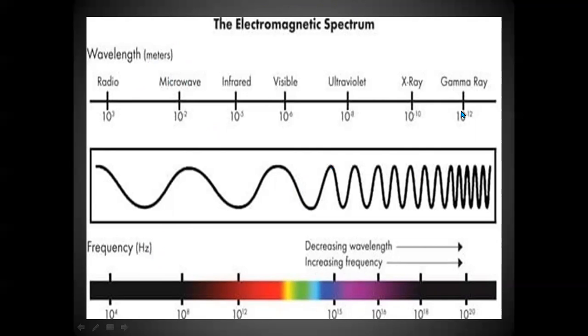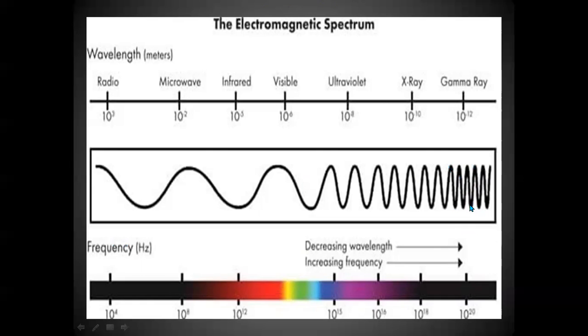So the frequency of gamma rays is very high, whereas the wavelength is very small. The magnitude of the wavelength of gamma rays is very, very small, whereas the frequency of gamma rays is very high. Why? Because